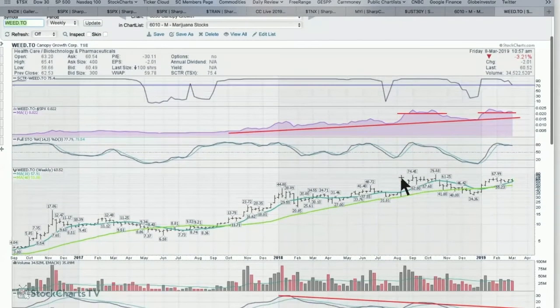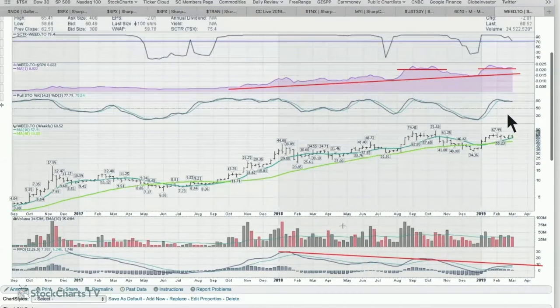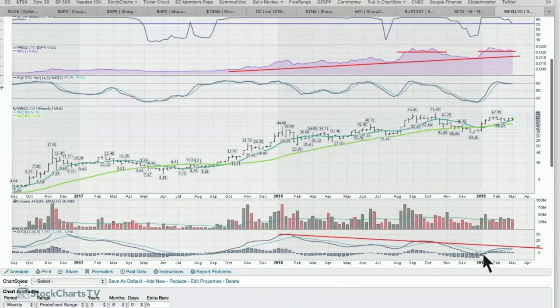I just want to make sure a whole bunch of people don't get caught with overly zealous optimism, and all of a sudden these charts start to break down hard. Here's Canopy Growth, one of the big ones, and its relative strength has been declining for almost 2 months. So that's one of the things I'm concerned about. Look at its PPO rolling down towards zero, coming back up, and just trying to hold here. Now, if I'm wrong, this will break out to the upside. All good. If I'm right, and this does start to, in fact, fail, this is probably one of the best times to leave the trade